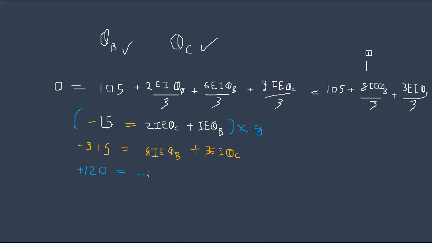It's going to be negative 16 EI theta C minus 8. So you will add these two together so that 8 EI will cancel, and you will get minus 13